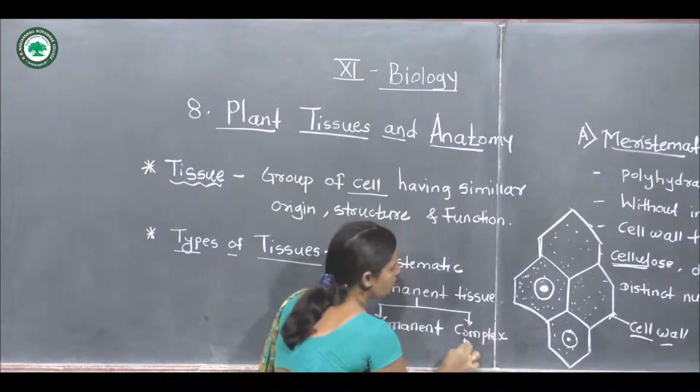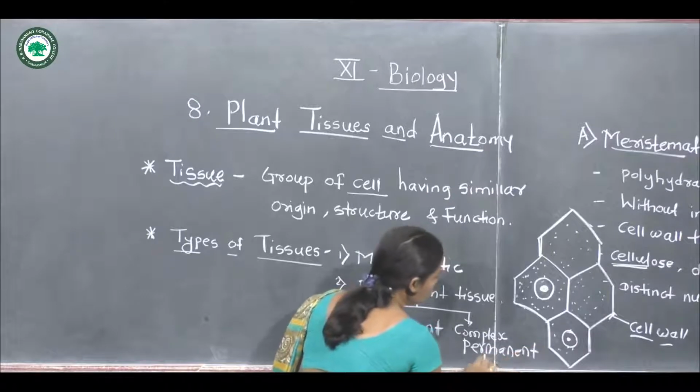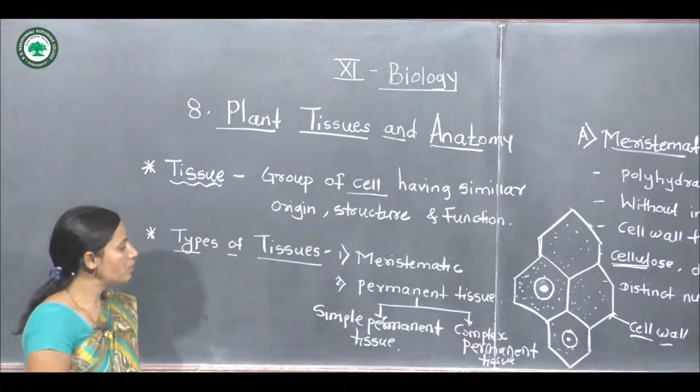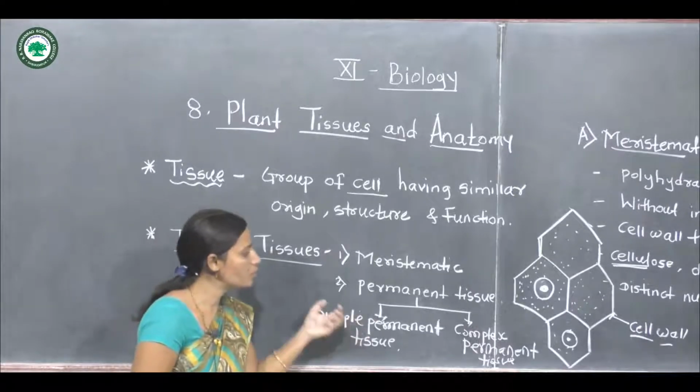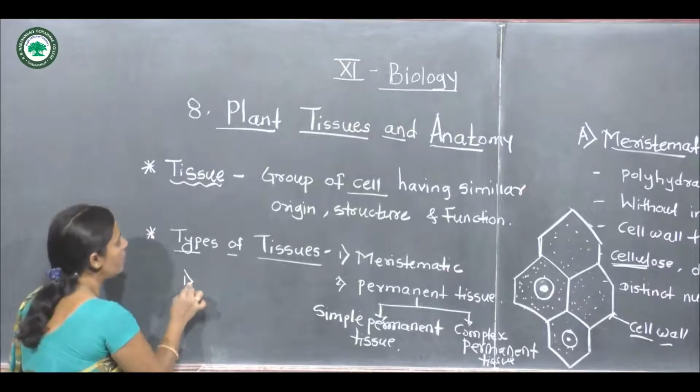Complex permanent tissues. These are the two types of the permanent tissues. The first one, simple permanent tissue. Now in this tissue it is included the parenchyma